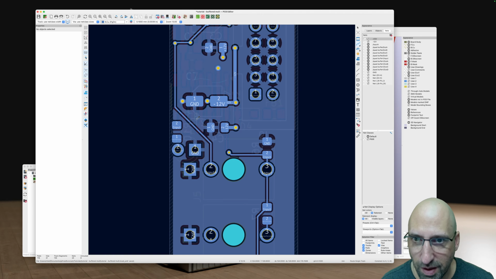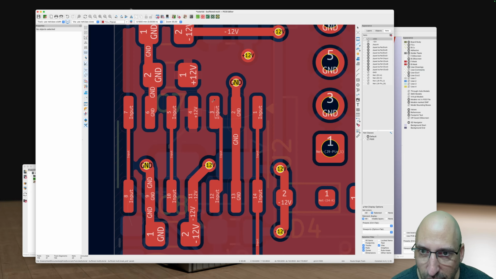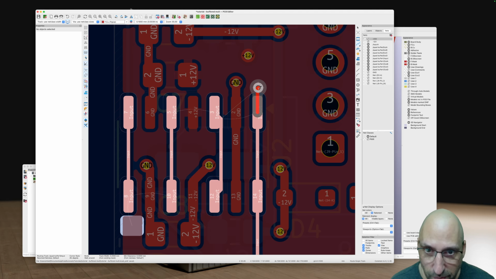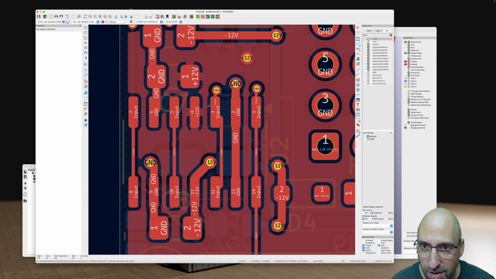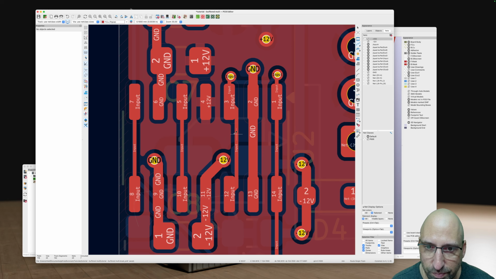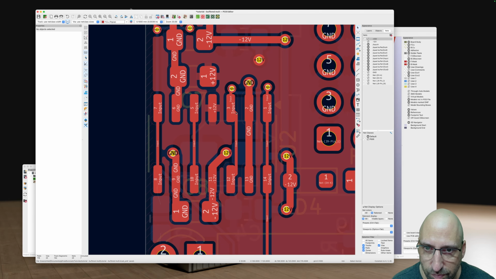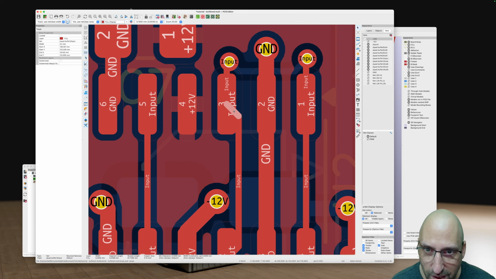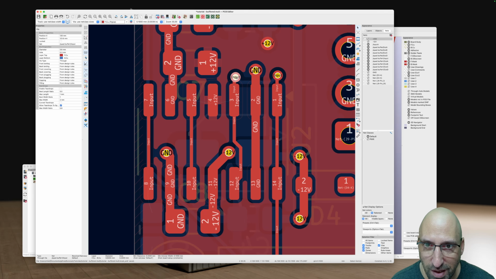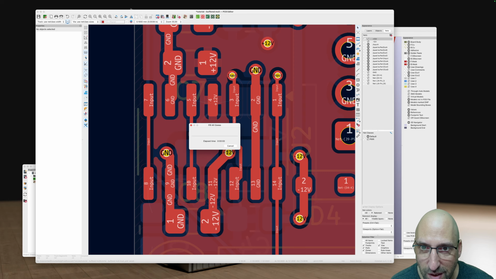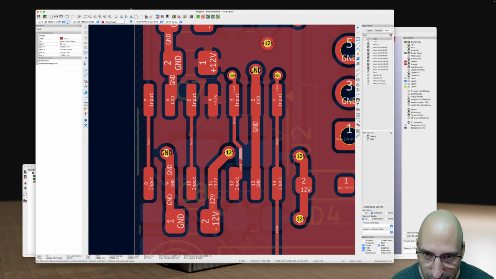Oh, 8 left, and I think it's probably all this stuff. So I could drop a via here and the via here, and do something like that. If I select a piece of a trace and press D, it allows me to drag it around, and that might give enough. Nah, doesn't. Maybe if I move this across a bit. Yeah, it gives just enough to get it